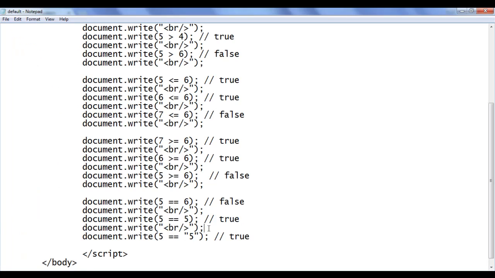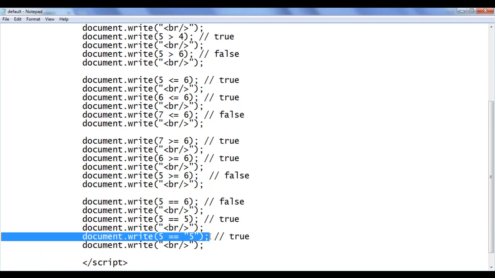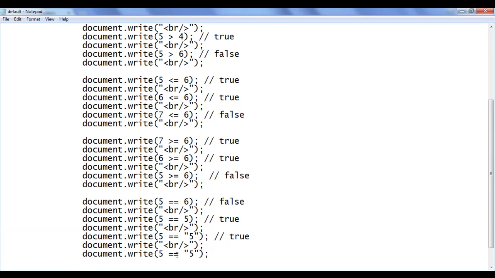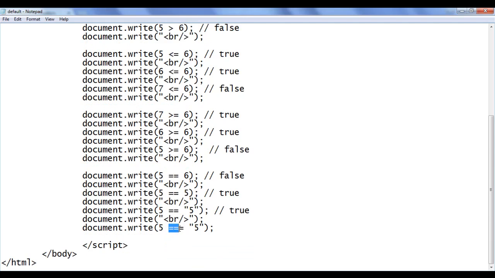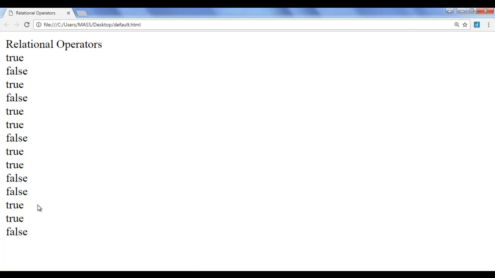Let me check now by using strictly equal to. I copy this line of code, paste down. Now I use 3 equal to signs. What the strictly equal to sign actually does is check the data type also. Whether left hand side a string type is there and the right hand side a string type is there. No, left hand side there is a number type, right hand side there is a string type. Even though both are of same value 5 5, it returns false there. File save, go to browser and refresh. You can see we got here false.